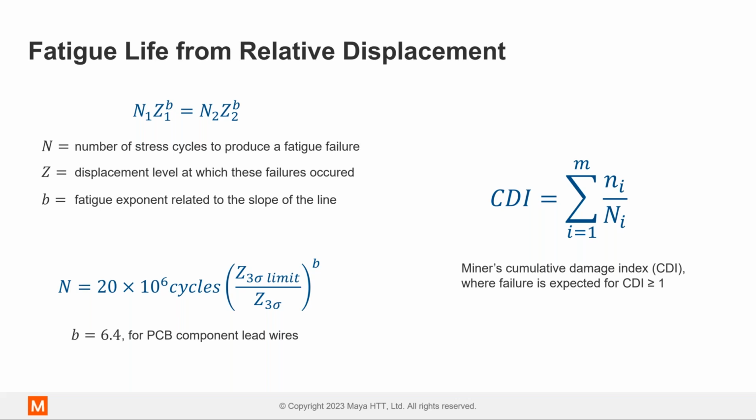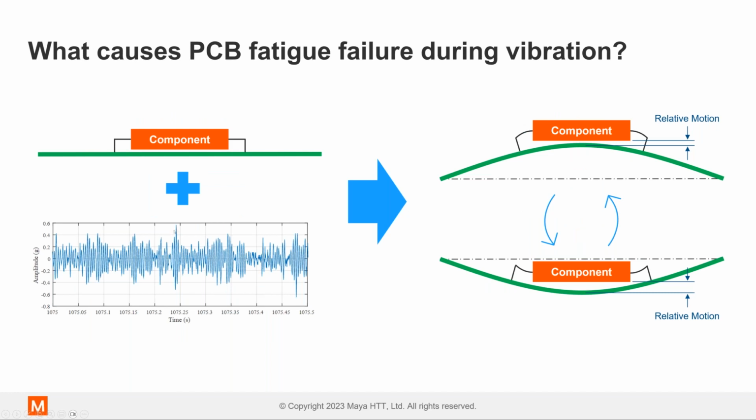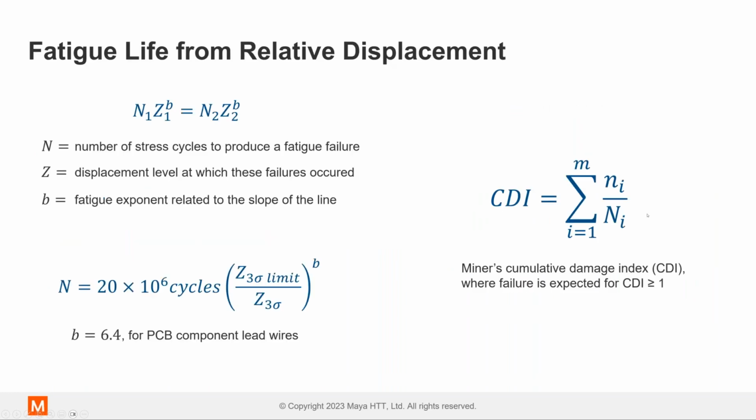You can even take a very conservative standpoint of saying, okay, I'm just assuming that anytime I cross, or for that frequency, it is the peak, the highest level. So you're just assuming everything is this 3 sigma value. But that's not the whole picture. So you can do a 3-band distribution, and look at how many cycles reach 1 sigma, how many cycles 2 sigma, how many cycles 3 sigma, and add those up to get cumulative damage. Unfortunately, I don't have enough time to dig deeper into that, but let us know if you're interested in digging in a little more.